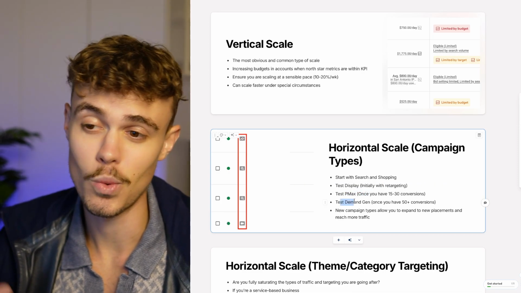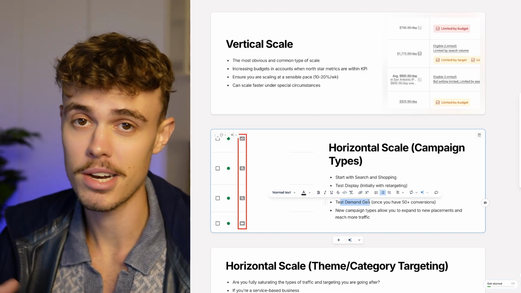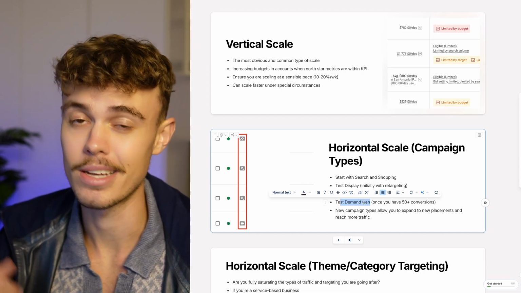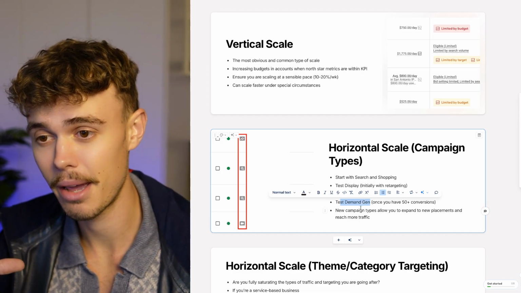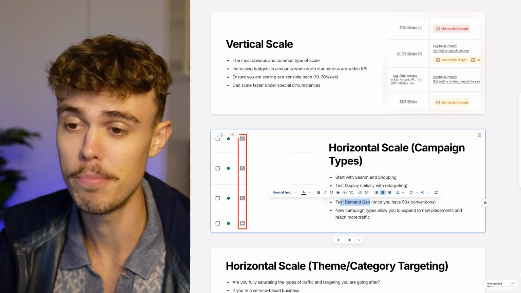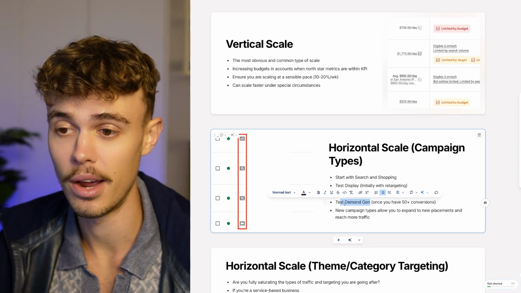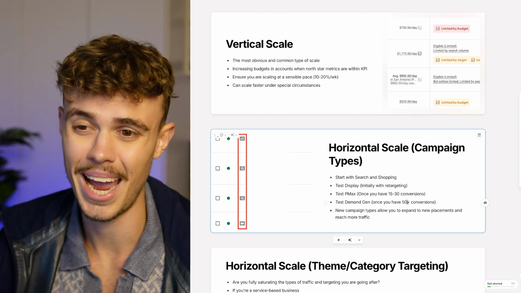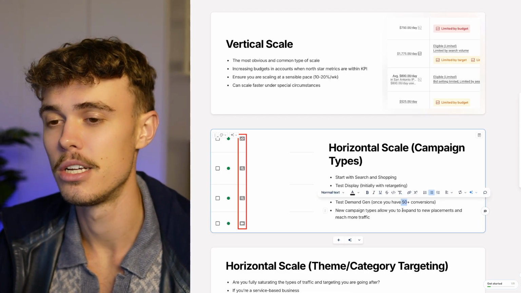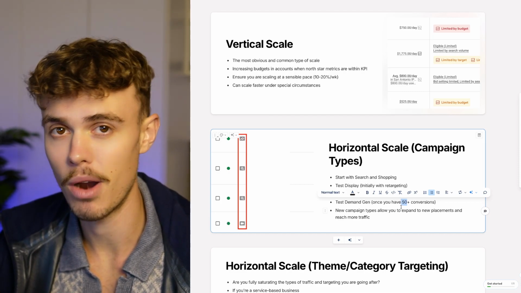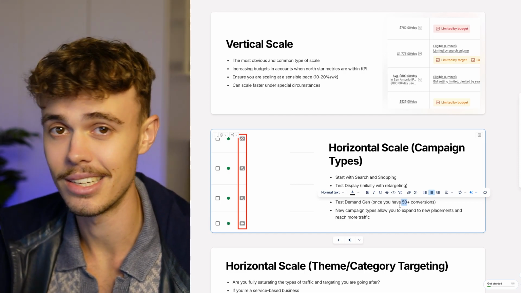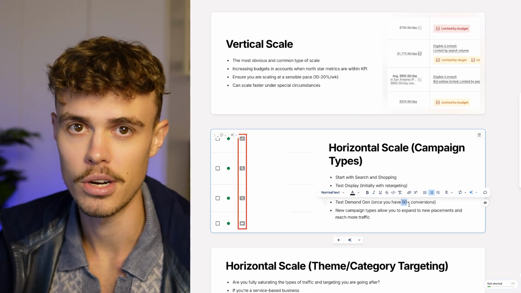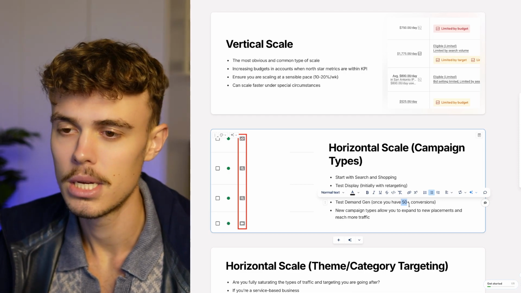Then finally, the biggest one is actually demand gen. So demand gen campaigns are made to find more people and more traffic, especially top of funnel traffic. They're the most effective I find on YouTube, but they can also be useful on image and display placements too. And this is only really something I recommend working with when you have like over 50 conversions, because demand gen is a little bit more difficult to get right, and it does require a bit more data in order to target the right people. So I usually only recommend moving into around that 50 plus conversion sort of bottom, but